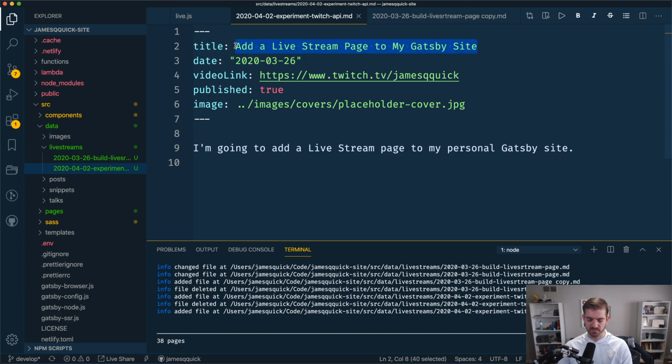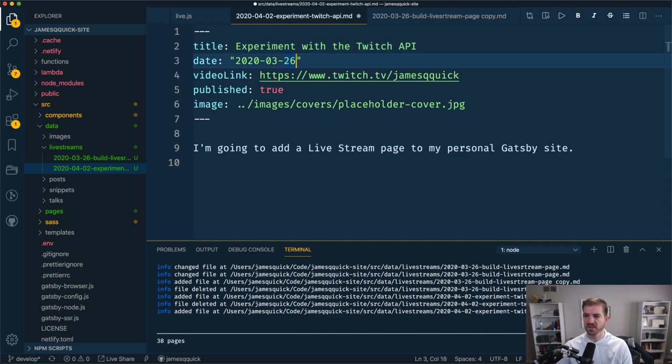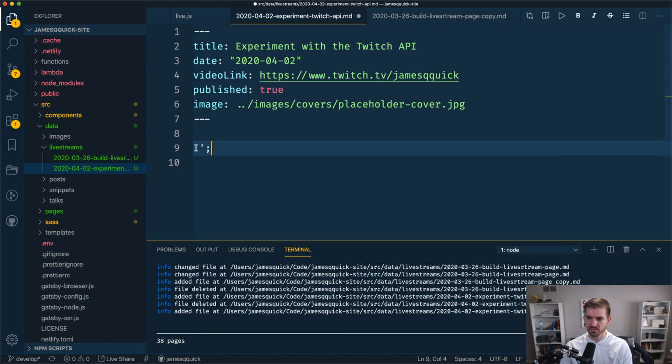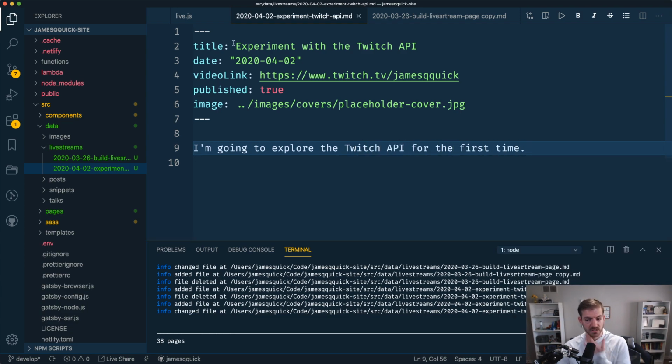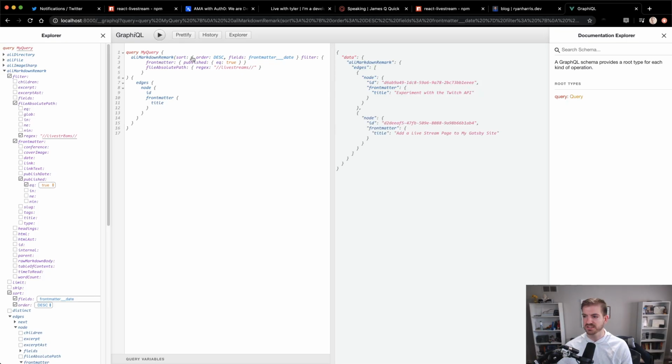So the title of this one will be "Experiment with the Twitch API," and then this will be 4-2, same URL, same cover image, and the description will be "I'm going to explore the Twitch API for the first time." Okay, so I've got a new file in here now. If I query, I should get 2 of them, which is good. And the Twitch API one comes first,